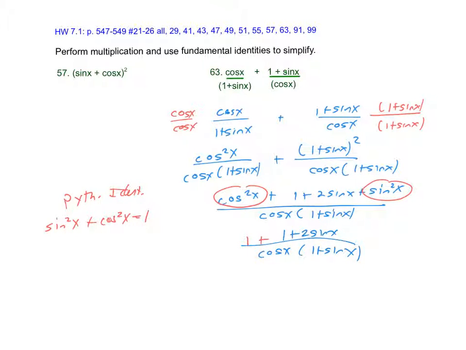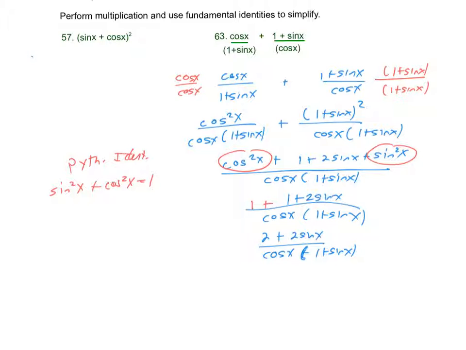And 1 plus 1, I'm going to combine like terms in the numerator. So this is going to become 2 plus 2 sine x over cosine x times the quantity 1 plus sine x. And then the numerator I'm going to factor. This is a rational expression, and perhaps we can cancel something out. So I'm going to factor out the greatest common factor, which is 2, from the numerator, leaving me with 1 plus sine x over cosine x times the quantity 1 plus sine x. And now 1 plus sine x actually cancels out, leaving us with 2 over cosine x, which is equal to